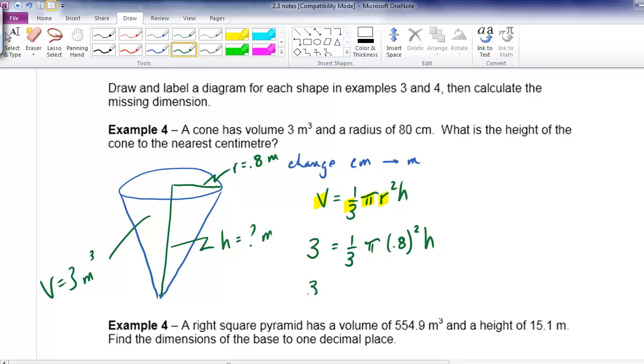But maybe the easiest way is to figure out what 1/3 times pi times 0.8 squared is, and as long as we take that to 4 decimal places, then we're going to be good. And in order to finish it off, we need to isolate h, to undo a multiplication with a division. And when we finally do this calculation, we get h is equal to